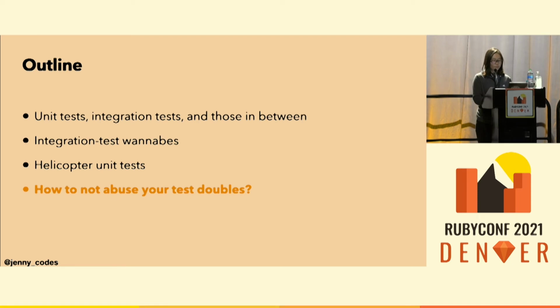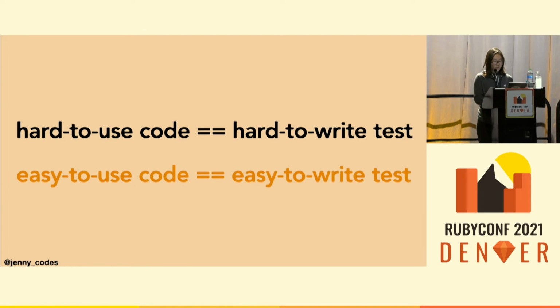So that was bleak. In the remaining part of this talk, I'm going to share some tips that I've learned that can get us through those situations. Now, this is the main point of this talk. If you forget everything else in the talk, which I wish you don't, I hope you at least remember this. If you find it's really hard to write a test without making it awkward, it probably means that you should change your production code.